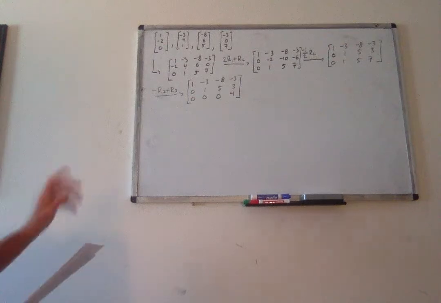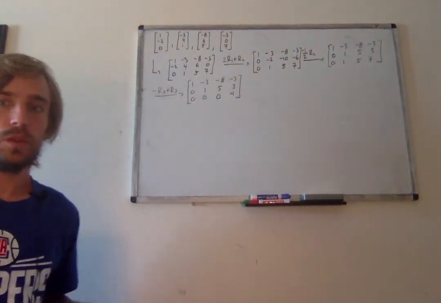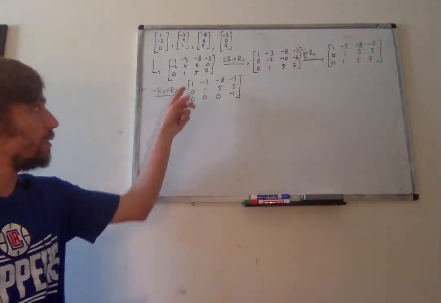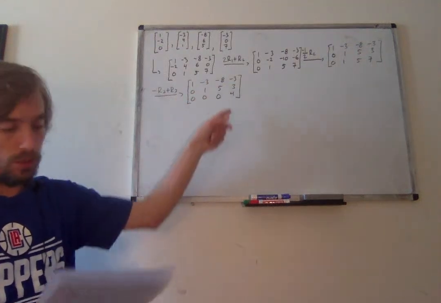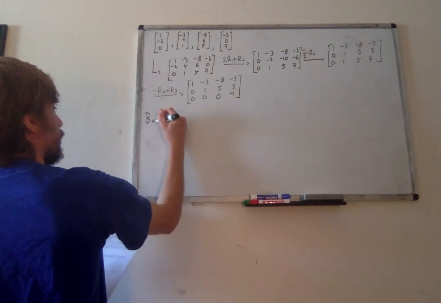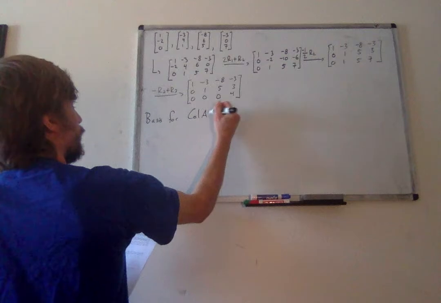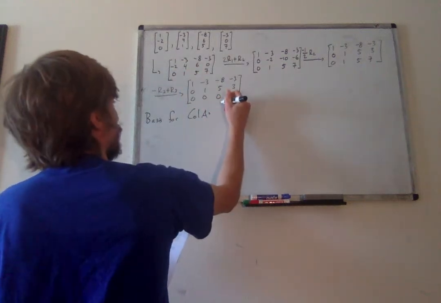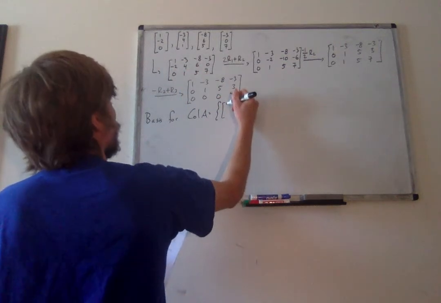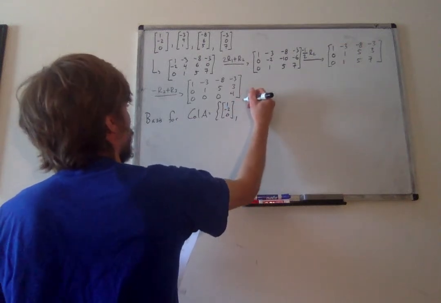So what we want is all of the columns that correspond to pivot entries. So that will be column 1, column 2, column 3. So that means a basis for the column space of this matrix is given by columns 1,